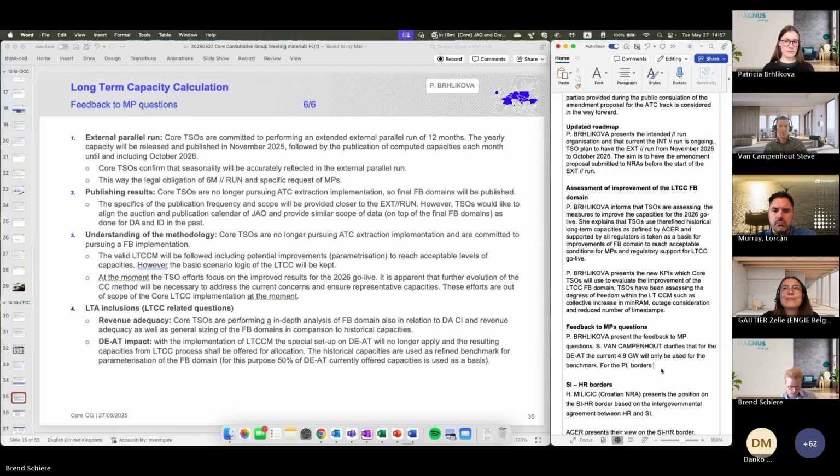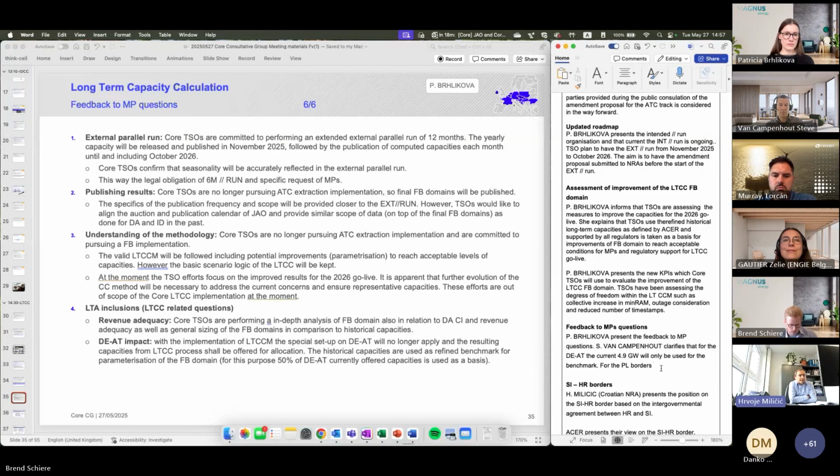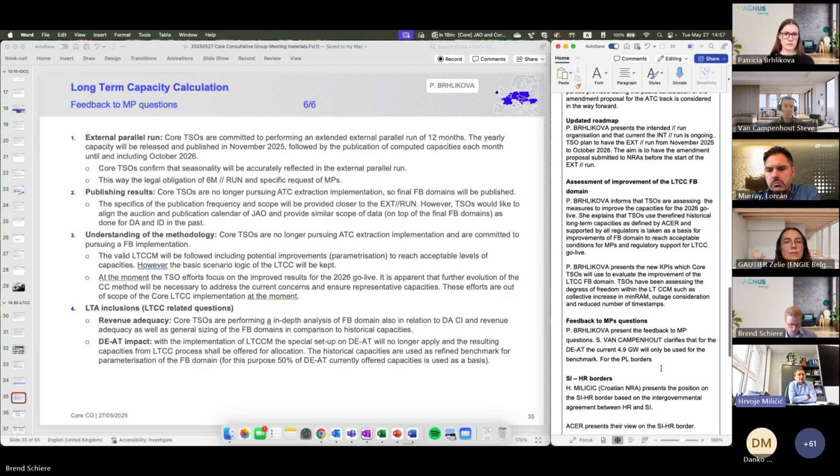Yes, thank you, and good afternoon to everyone. I'm Hrvoje Miličić from the Croatian NRA. I would just like to present one statement and maybe one question. First, regarding the possible amendment proposal for the long-term capacity calculation methodology, I just want to express that the position from all core NRAs is that